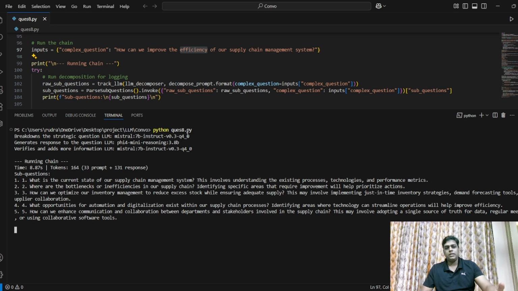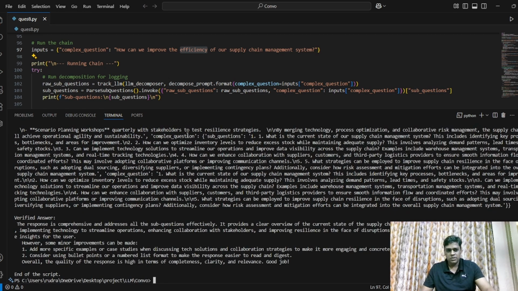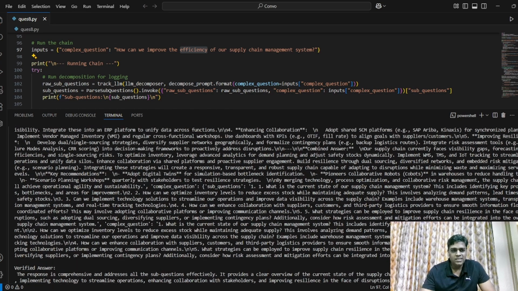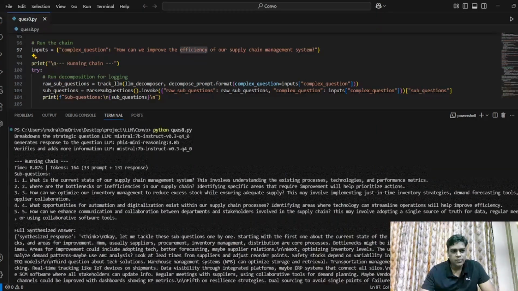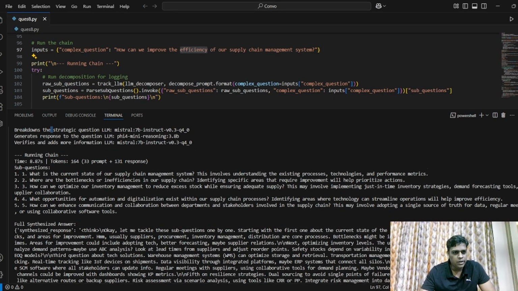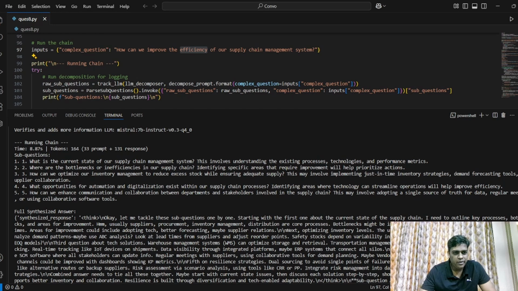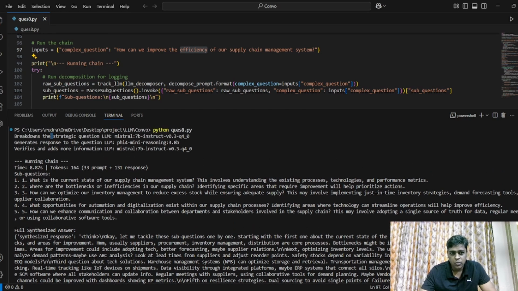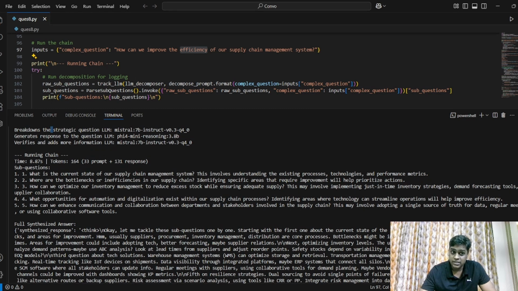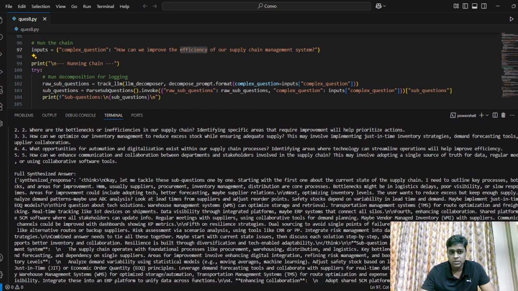Now, the interesting part is that this is putting a lot of strain on my system altogether. Now let's see what kind of output it has generated. It has mentioned that there are three different LLMs which we are using. It broke down that question into 5 different pieces, each pertaining to the question which we have asked: how do we improve the efficiency of the supply chain management system? It has given the 5 sub questions. Now here you have